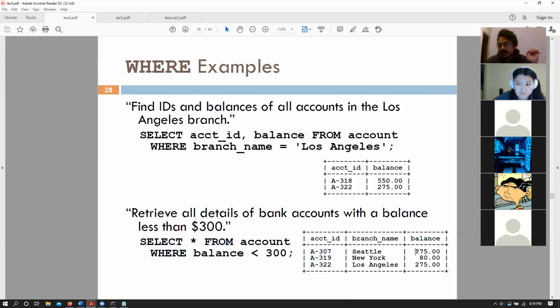Note that the balances are in no particular order, right? It is not in ascending order, it is not in descending order, it is just in the same order as they were inserted. So essentially, we will talk about ordering and grouping and those aggregate functions later, and how we do those. But essentially for now, as with relational algebra, we are not making any statements on the ordering of the tuples.